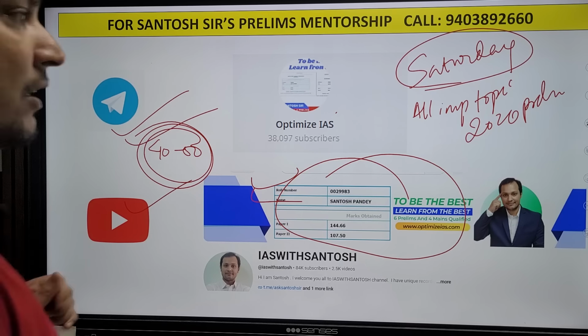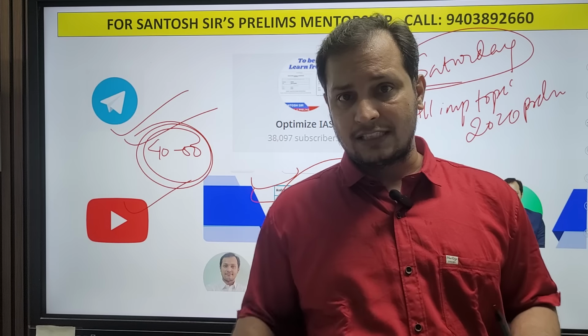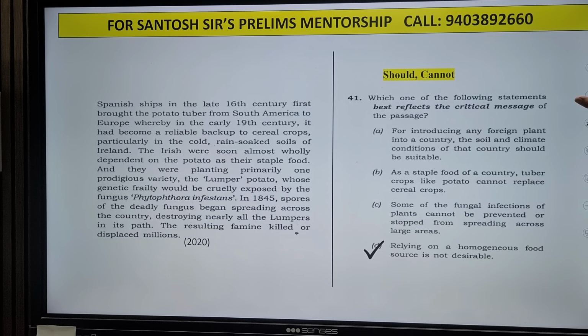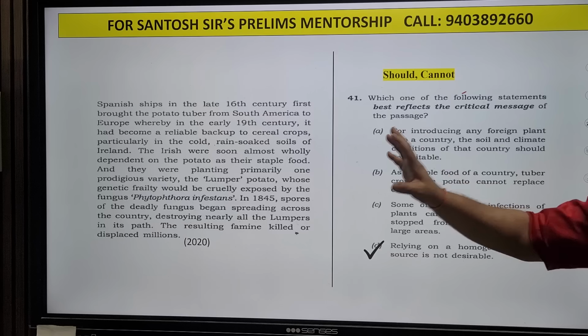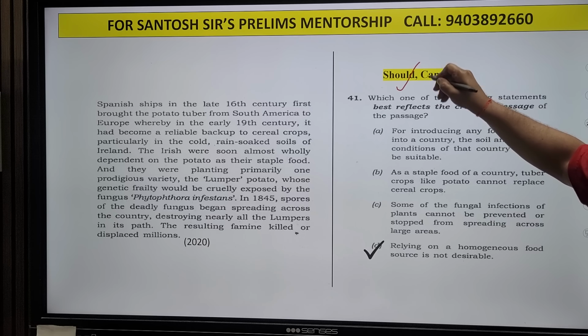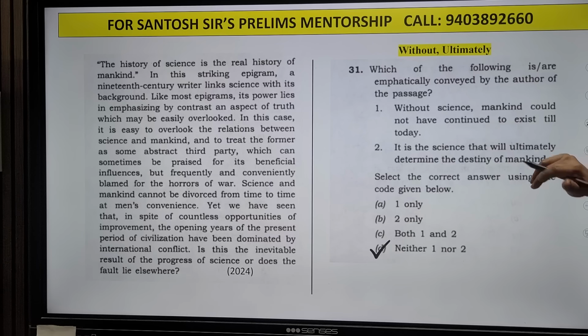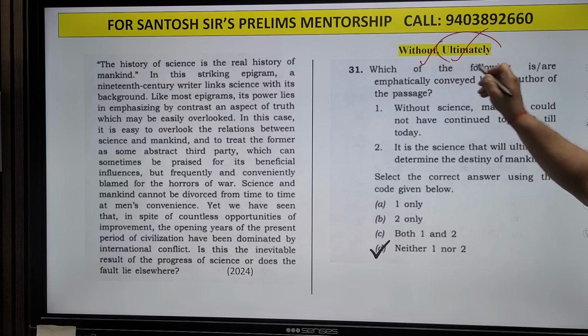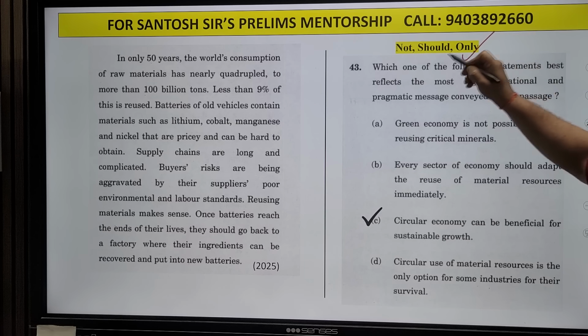Okay, so I had promised you that I will be giving connectors also. So I'm going to now give you the connectors. I'll take you through all the extreme words, and then I'll give you the connectors also. I'll take 15 more minutes. You can see should, cannot, I have already given you. Again, you can see should, cannot, without, ultimately, without. Without is also a kind of negative wording. Whenever they are using it, then only, not,